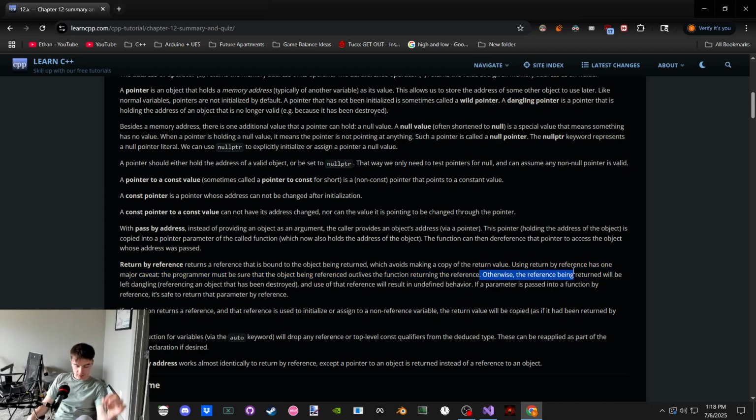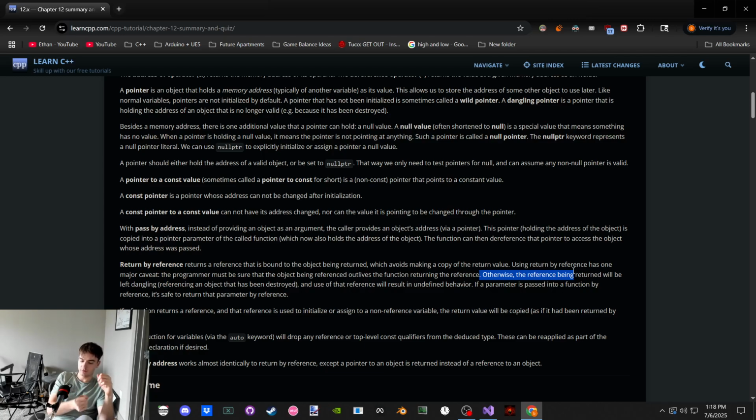And the reason it's dangling is because we have an object that exists somewhere in memory with a value. We are returning a temporary variable that will exist after the function is concluded, but only for its one expression. And it is taking the address of this object. So we have to get it from this object to the function we're returning to. So create a temporary variable.